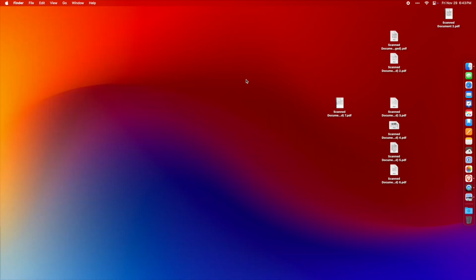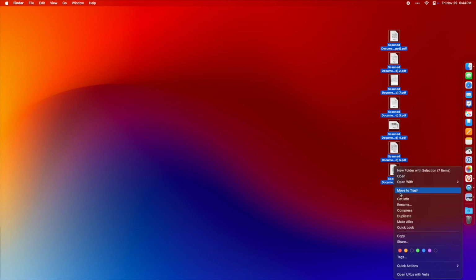Once you're done exporting all your documents from the single document, you can go ahead and close it and delete it. We don't need it anymore since we exported everything from it. Now we have a bunch of PDFs sitting on the desktop that all start with scanned document. To rename a large number of documents at once, and it doesn't even have to be documents, it can be any file type, select them all, right-click, come down to Rename. This will open the Rename window and give you a bunch of options.